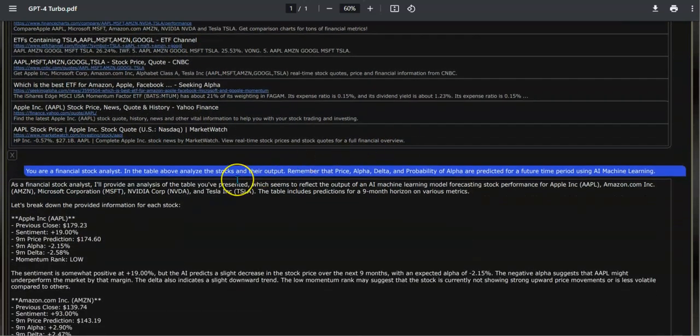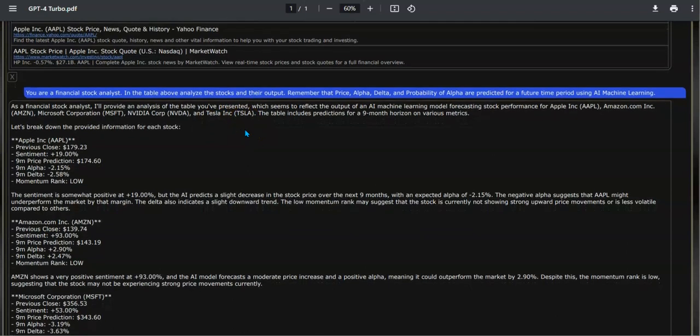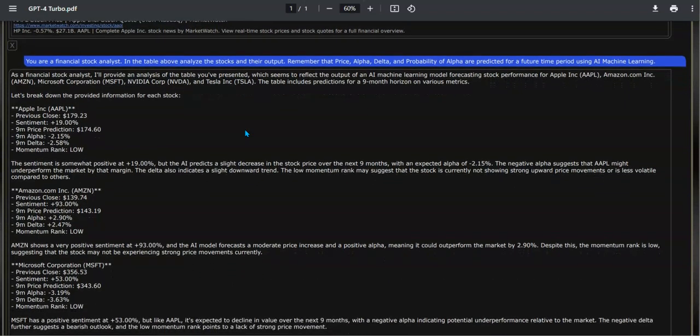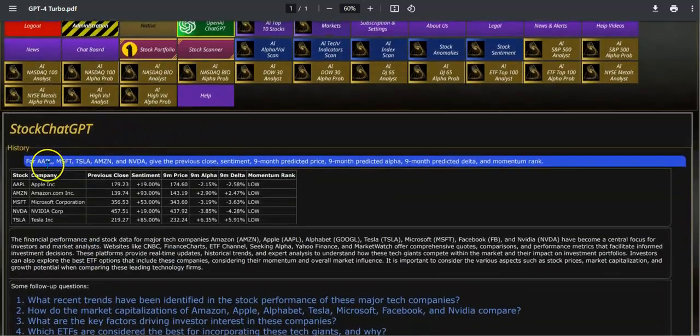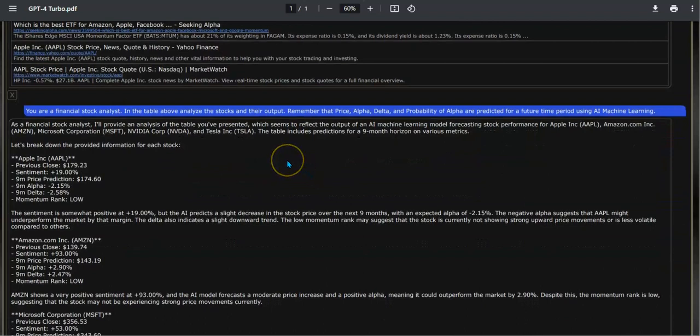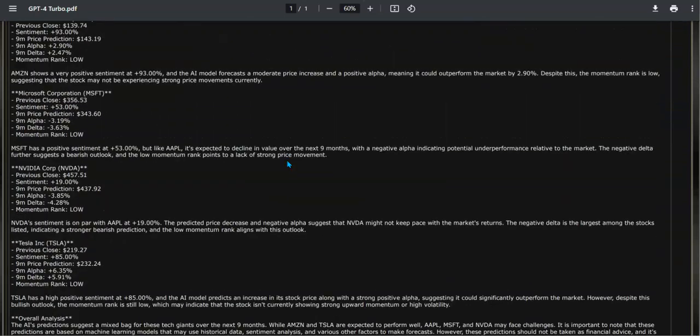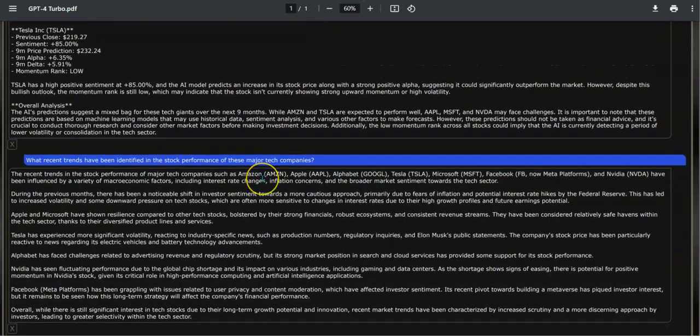I followed it up down here with a suggested question from GPT-4 Turbo right here to act as a financial stock analyst, and it returns a breakdown of the actual table of AI machine learning data that was at the top. So that's this table here. Now asking down here GPT-4 Turbo to analyze that data, which it will give you an analysis. And down here,